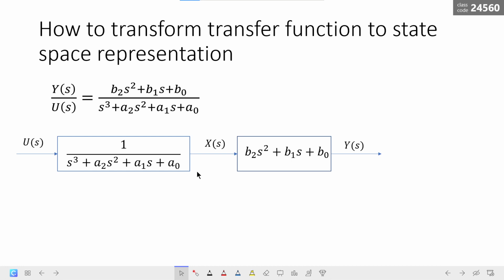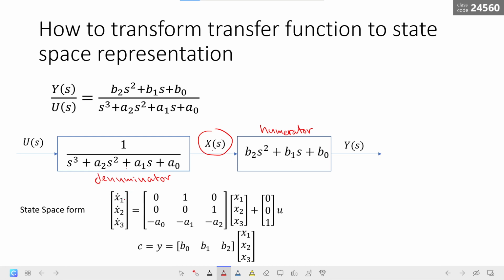So in this case, first you have input u, and then you just take the denominator. Yes, you split between denominator and numerator. This one is numerator. This one is denominator. And so you choose state variable h here. You have hs here. Then you choose state variable h1, h2, h3 to be, okay, h1 is